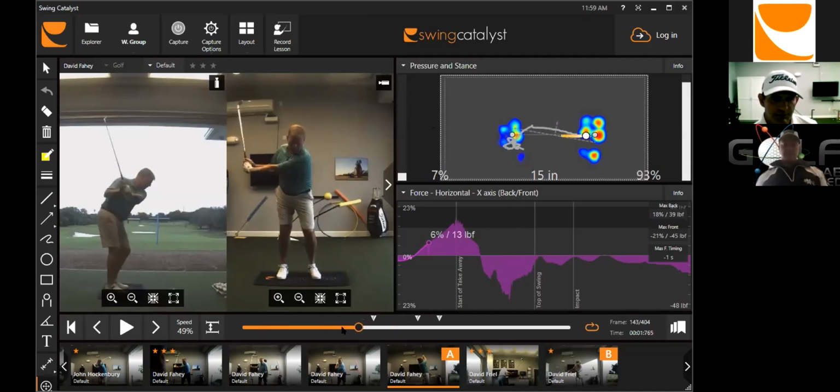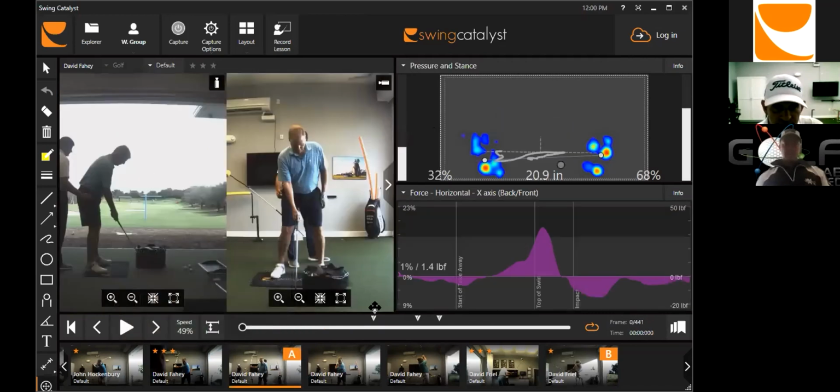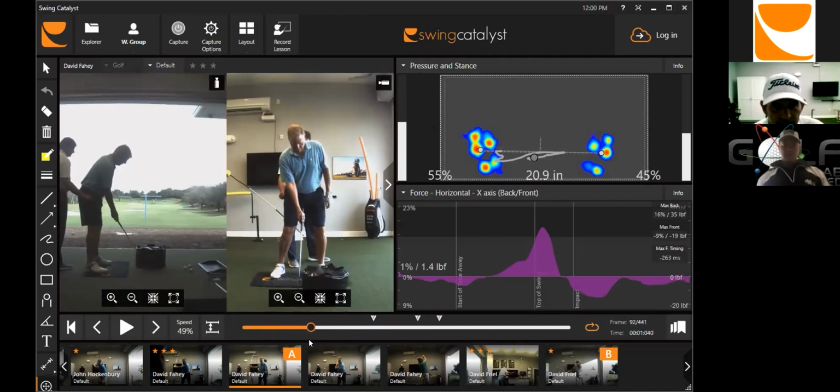So we did some things with him in setup change and just some pivot change, working on how he might feel a little bit more stable on the inside of that leg. You can see his stance is going to be widened quite a bit. I'm back here tugging on his pocket